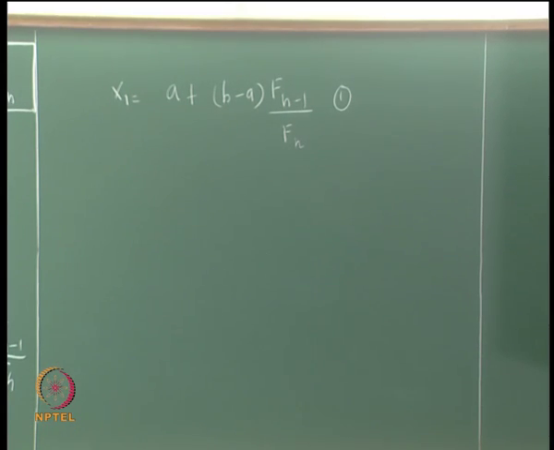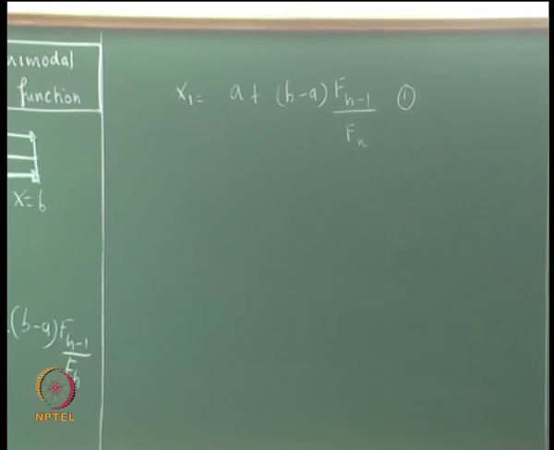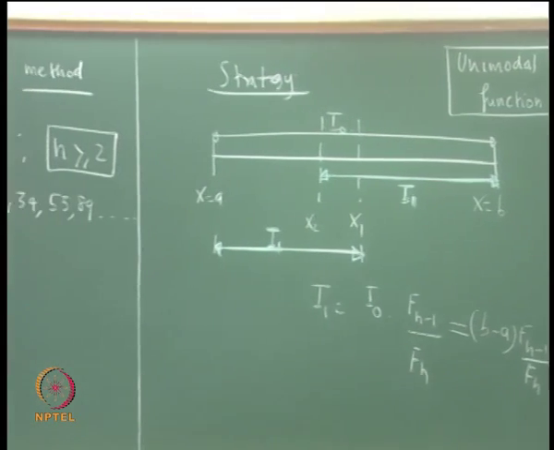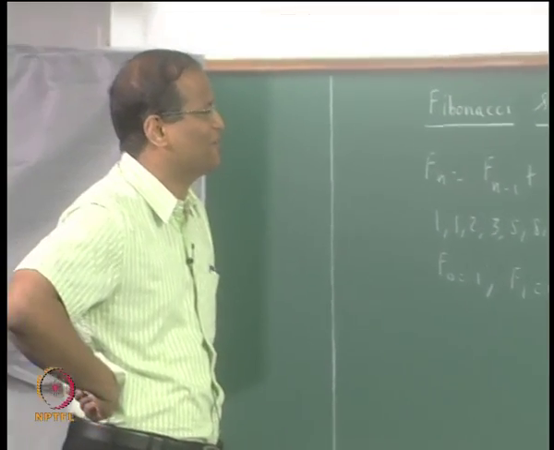All right, with dynamical adjustment of the interval. This is the algorithm devised by the Fibonacci search people. Okay, so x1 is A plus (B minus A) into f of n minus 1 divided by f of n.